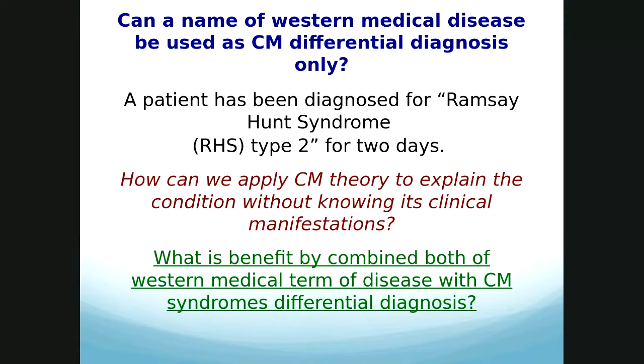So basically, TCM is based on syndrome differential diagnosis. We have to know the symptoms and the signs. We are not based on the name of the illness diagnosis, because without knowing the clinical manifestations, you don't know how to treat. But if it tells you this is a kind of shingles, a more severe kind of shingles, you know what clinical manifestations would be involved: blisters, rashes, horrible aching and pain, something else. So just to remind you again and again, TCM goes through syndrome diagnosis. No matter what kind of medical illness is mentioned, we have to know their clinical manifestations.